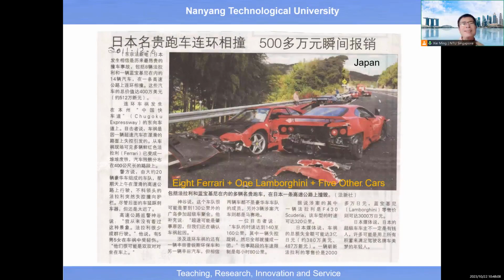This happened in year 2011. With a single accident, you see there's a huge amount of loss, because this accident involved a Ferrari, one Lamborghini, and 5 other vehicles. So such an accident caused a huge loss to the owner of